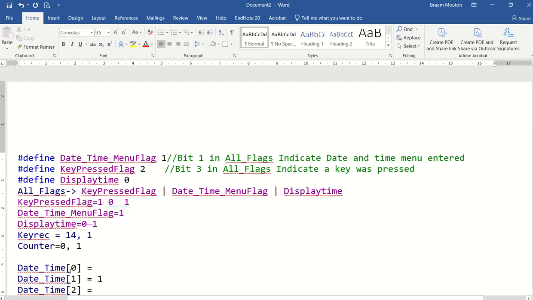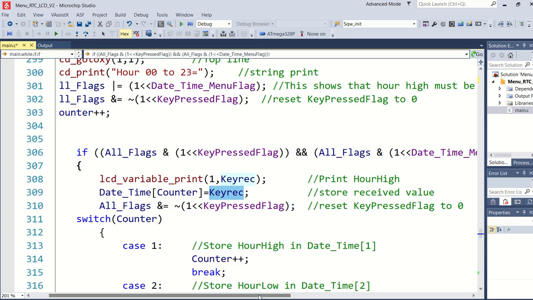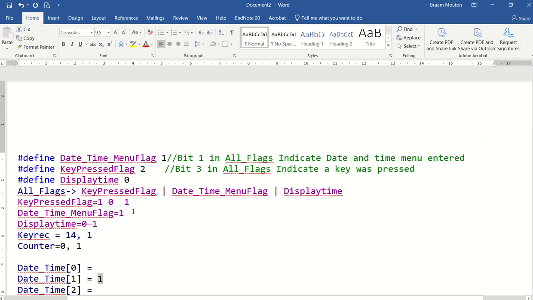You will see, actually, I do not make use of the date time element number 0. I did not use that at all. So the 1 is placed here. Go to the program again. As you can see, key press flag is now again reset. So it's 0. So if I can just go there, that is now again changed to become a 0.